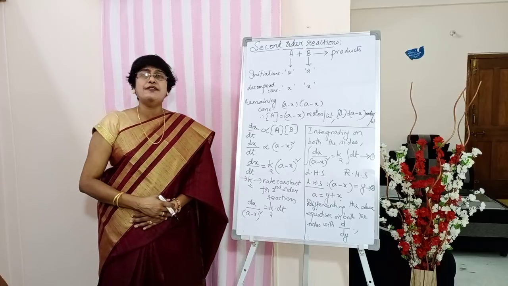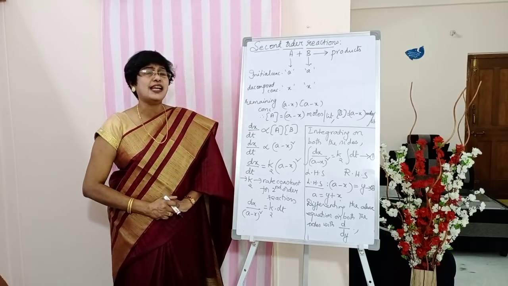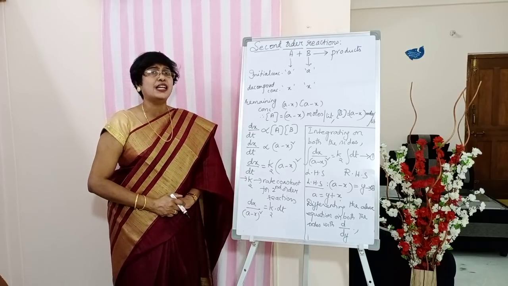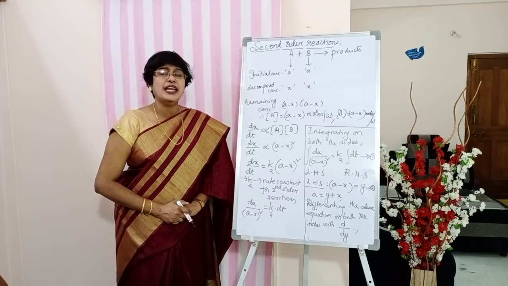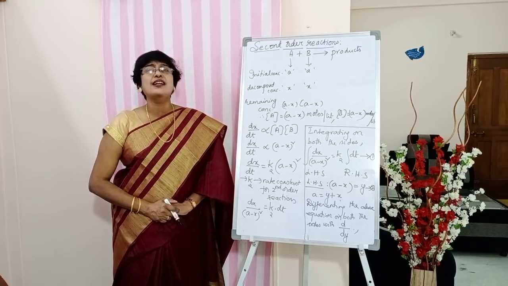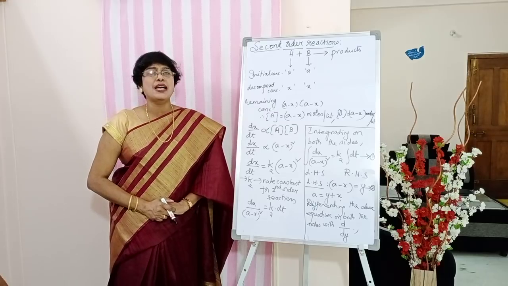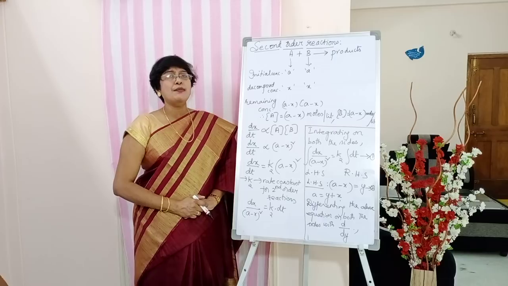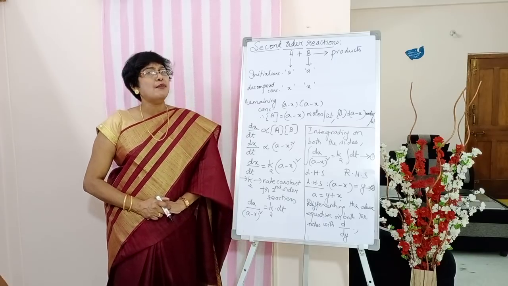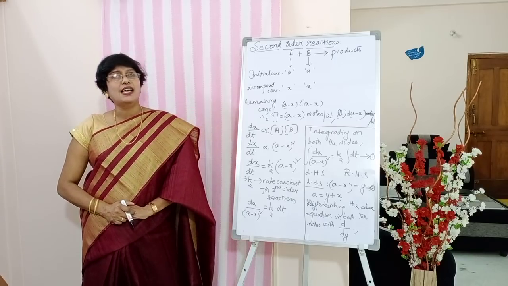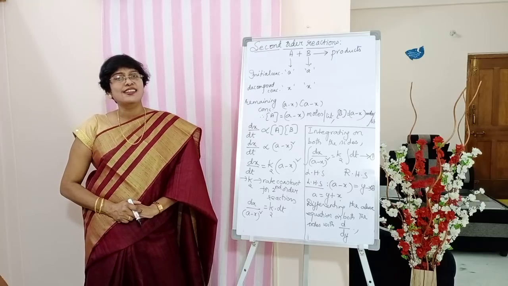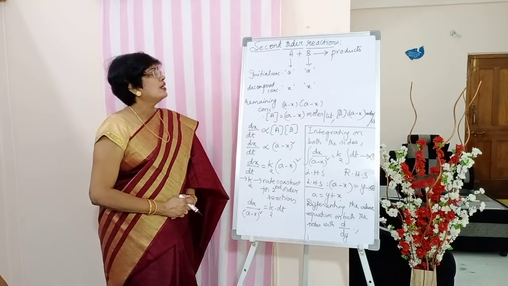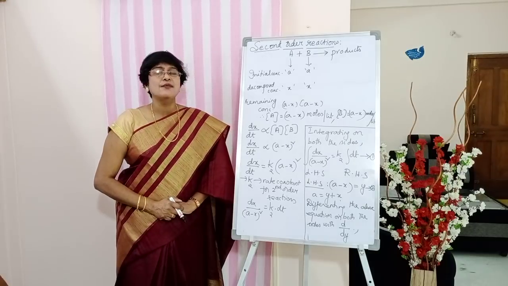So later what did we do, students? There we have seen that the initial concentration of A, let us assume it to be a moles per liter, and when time passes, x moles of A has been decomposed and the remaining concentration is a minus x moles per liter. Have we not done this, students? Right. So here also we have two reactants.